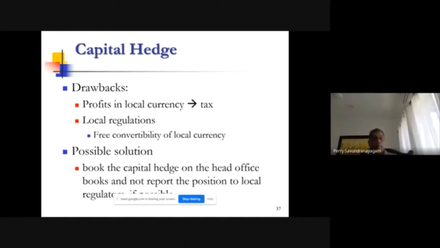Local regulation. Basically, yes, you can have your dollars in assets and you can have your capital, but we might be having issues in terms of how you convert these assets into rupees or capital back into dollars, or whatever it might be. The local regulations could be restrictive and could have an impact on your ability to freely convert these currencies.